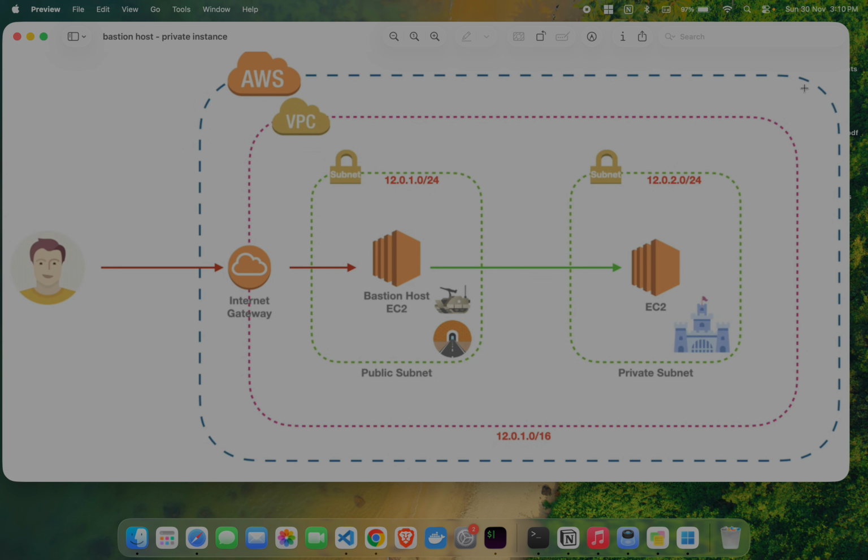Here is my AWS region, and inside that I have created one VPC, and there are two subnets. One is a public subnet and another one is a private subnet. My public subnet is connected with the internet gateway, so every request coming from the internet is connected to the public subnet. But my private EC2 instance doesn't have any connectivity to the internet. If any request comes from the internet, it will first go to the Bastion, then it will go to the private EC2 instance. So for that, let me open